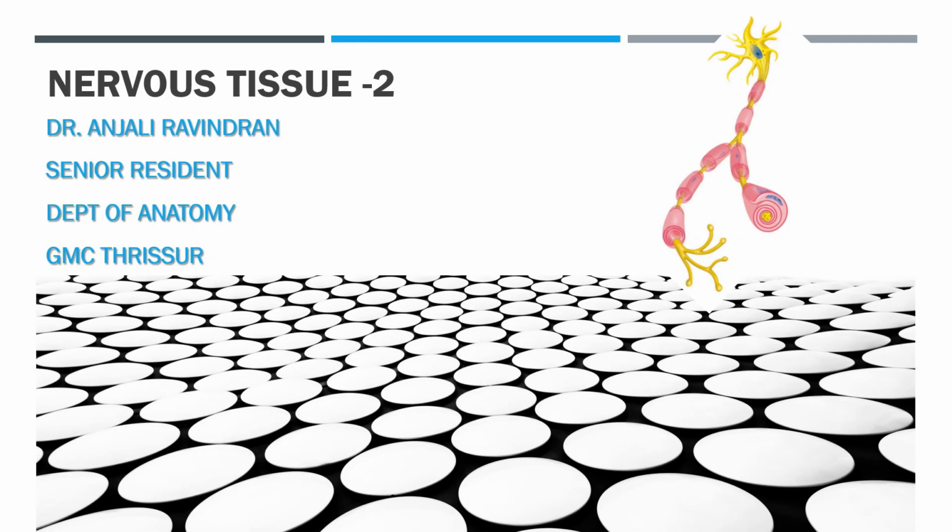Good morning. Today we are going to learn about the rest of the nervous tissue that we haven't covered in the first class. In the first class we covered the structure of the neuron. We learned how to draw a schematic diagram of the neuron showing the various parts. Then we learned the cross section of the peripheral nerve and optic nerve, and how the optic nerve is different from that of the peripheral nerve. All this we have covered, and we have also learned about the neuroglia.